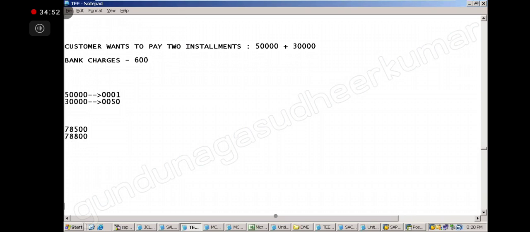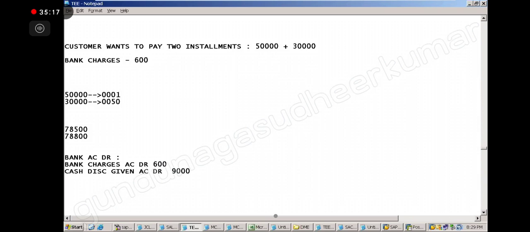So let me write down the entry. Bank account debit. Bank charges account debit, 600. Then cash discount given account, also debit, 900.